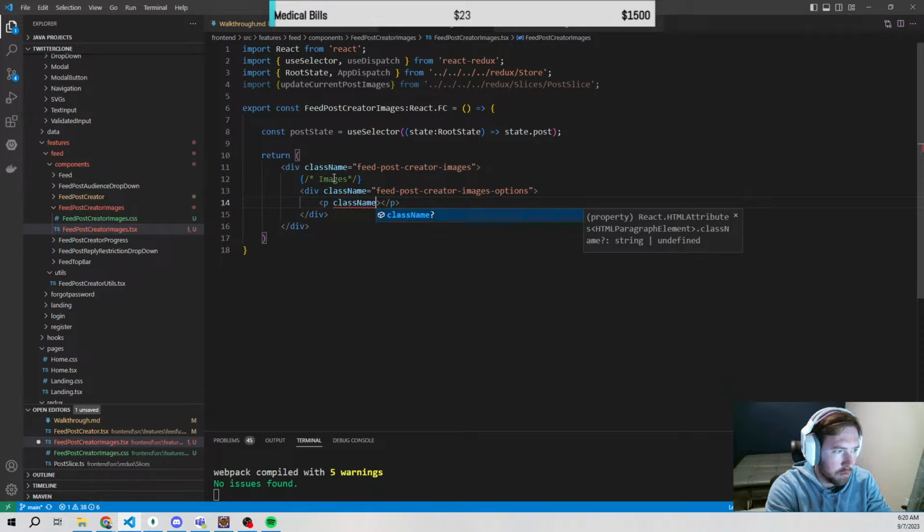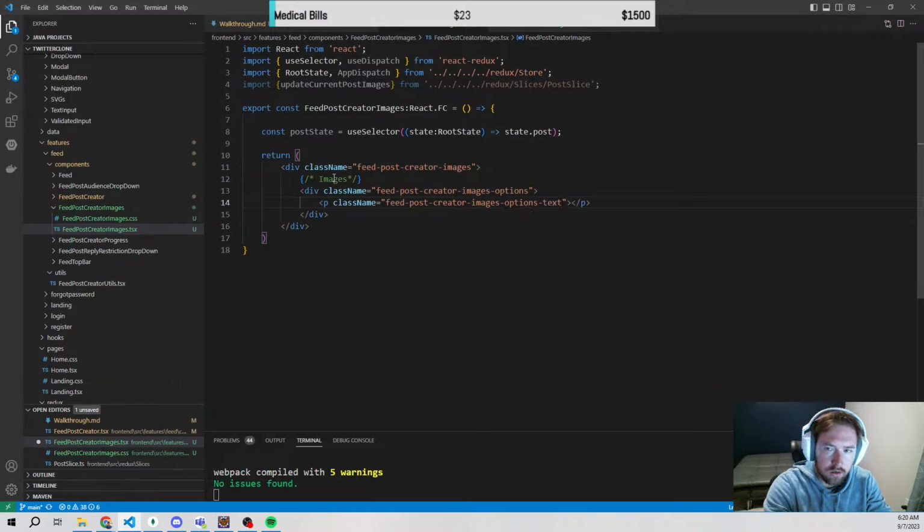How do I want to do this? Well, I could probably make that work. Class name equal to feed post creator dash images dash options dash text, or option. I'm going to say option, and this would be like tag. Cool. Then we have another one, and these probably need on clicks and stuff, and they pop up modals and